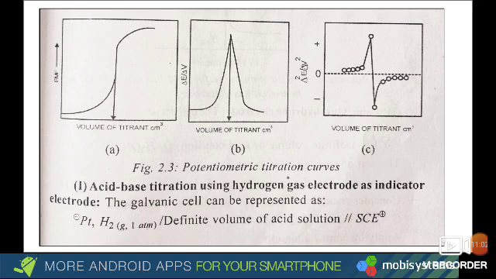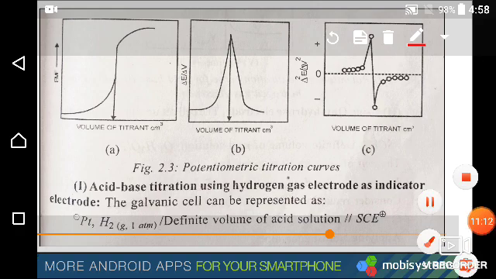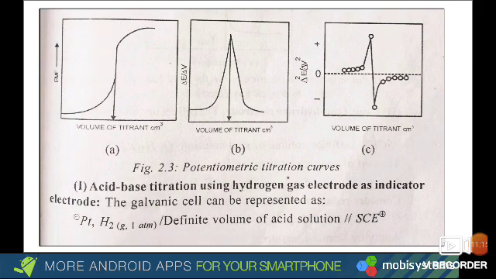Okay. So when you see the diagram of this, you can then find out what is the actual thing that I am trying to explain to you. So here first we will discuss the theory of this type of titration, and then we will discuss how to actually carry out this titration. Suppose you are not getting the idea about these three types of graph, don't worry, I will explain it in the next lecture. But first you just try to understand the theory behind the setup of potentiometry.